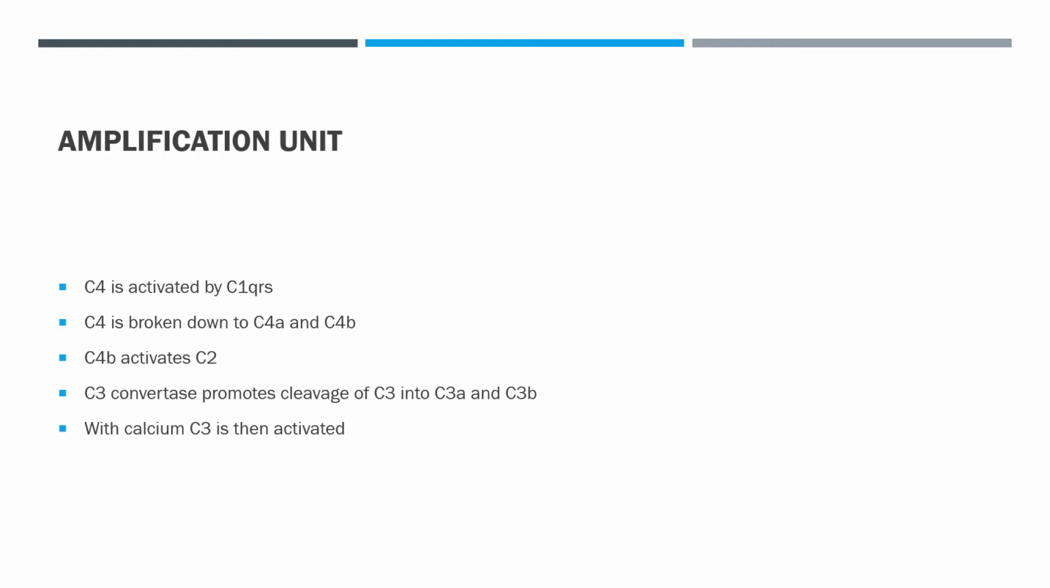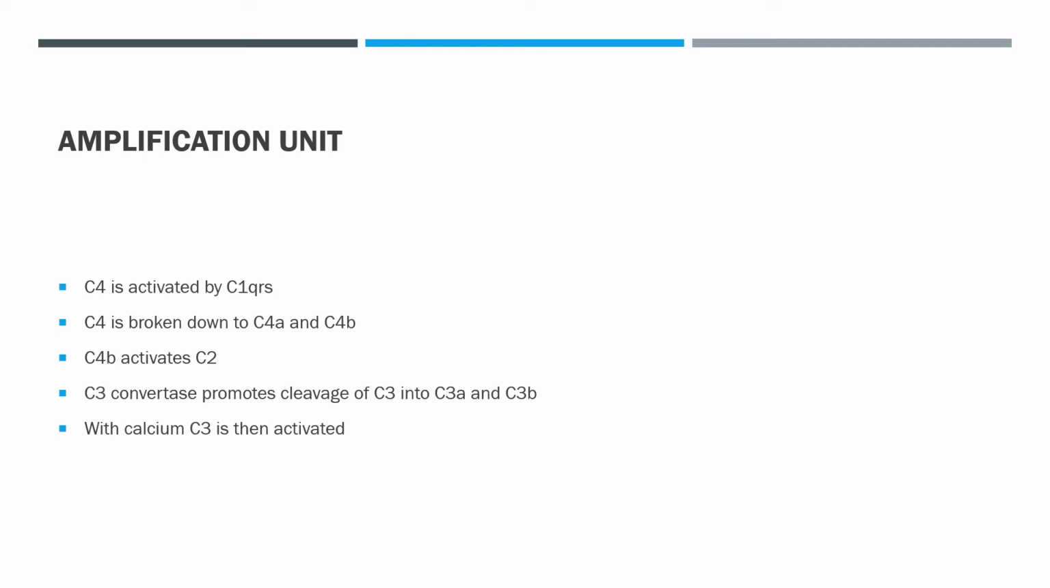The amplification unit refers to the activation unit, or the activation of complement factor C4. It is activated by C1QRS. C3, of course, is the most abundant, and C4 is the second most abundant. C4 is activated and is broken down to C4A and C4B. C4B activates C2,